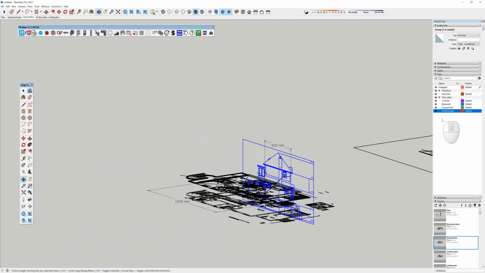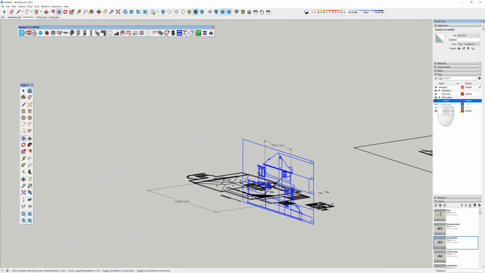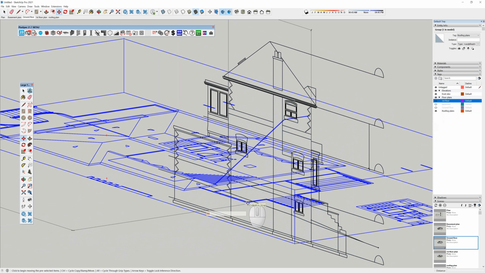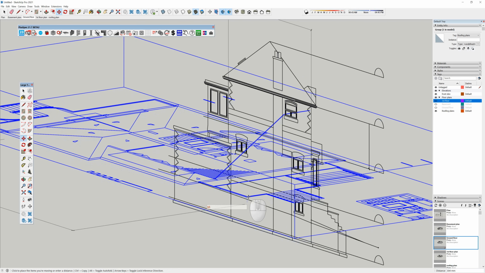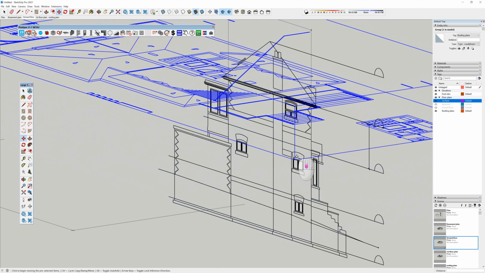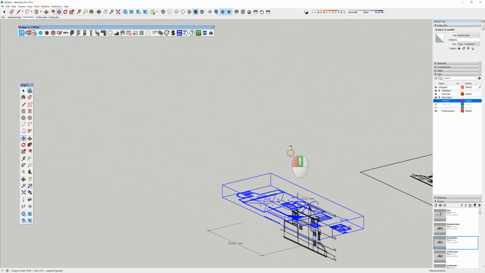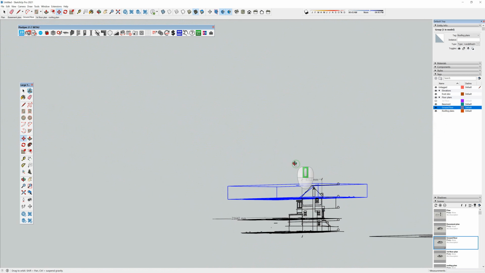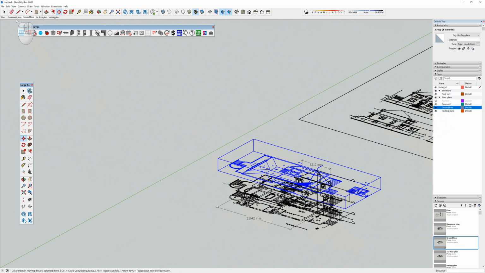And if I want to make sure that I'm moving the right plan, so for instance the roof plan I want on, but I want everything else off, I can go in, grab my roof plan, and I can line it up with where I want it to line up. And the benefit of this is that now we can trace over geometry at the right height. Turn them all on and you'll notice we're starting to separate our plans into heights. If I go back to my basement plan,